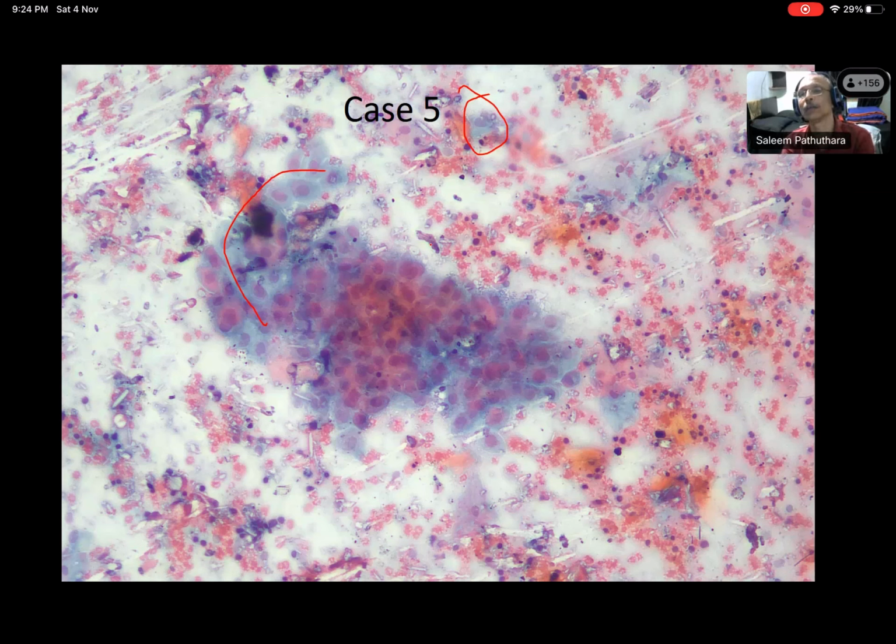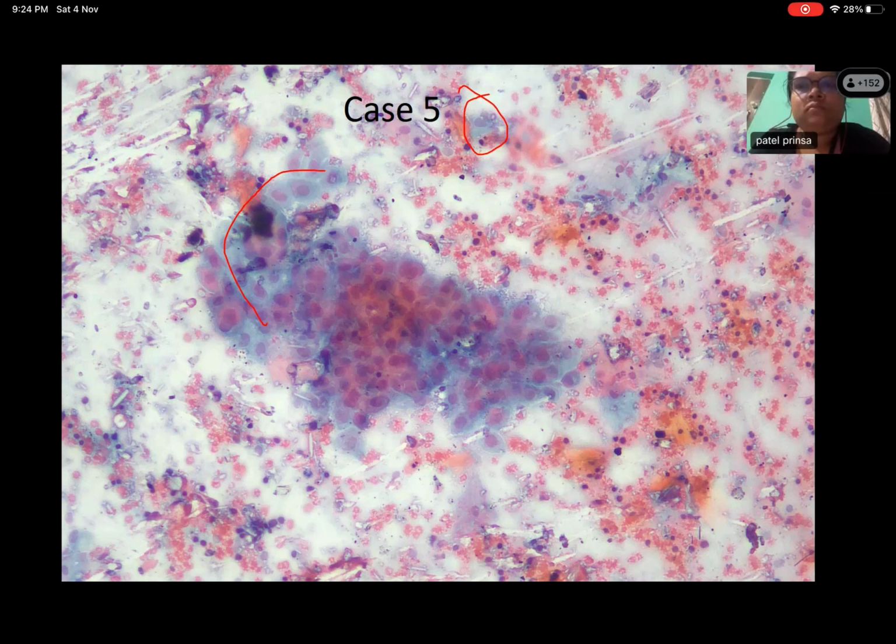And again, you are telling she's a 55-year-old female, right? Can you expect superficial squamous cells? When do you get superficial squamous cells? More common in reproductive age. Exactly, when there is estrogen. What happened to her estrogen in this patient? She's postmenopausal. So what will happen in postmenopausal status? The patient will undergo atrophy, basically cervical atrophy. So what is atrophy? Can you explain what is atrophy? Define atrophy.